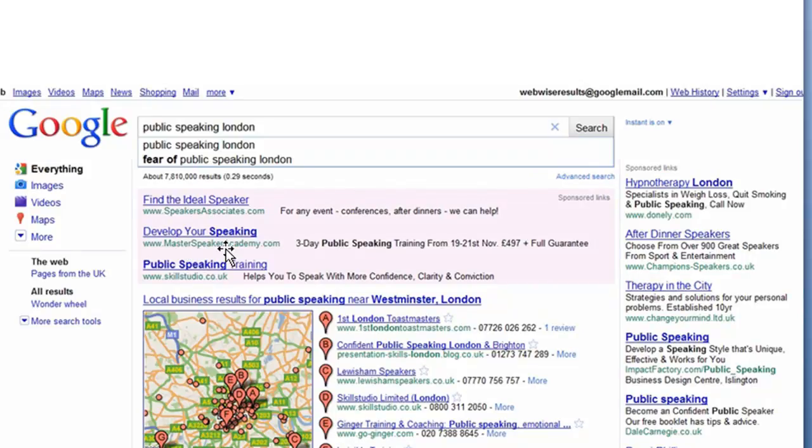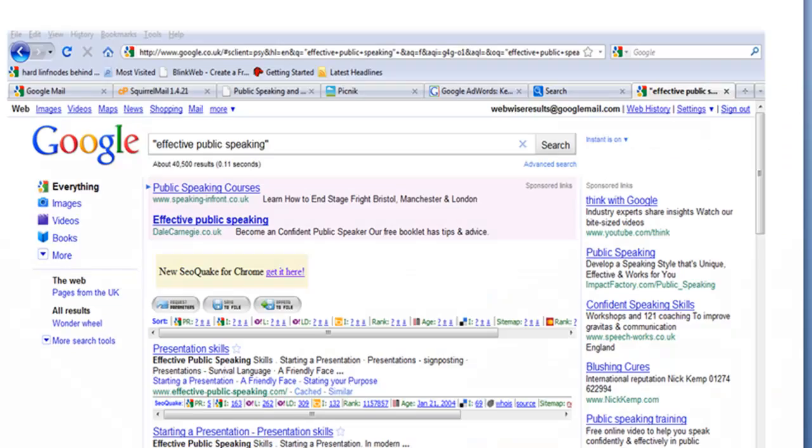So moving on now to the next thing, we can actually add some modifiers to it. We could have London, we could have various different cities, locations, or an additional word to bring down the search results to make it a finer targeted market. So here we've got public speaking London, and again this has brought up a map, which is a fantastic opportunity to be able to have your company listed in here. So we'll be doing that.